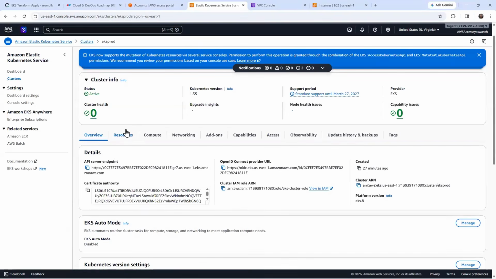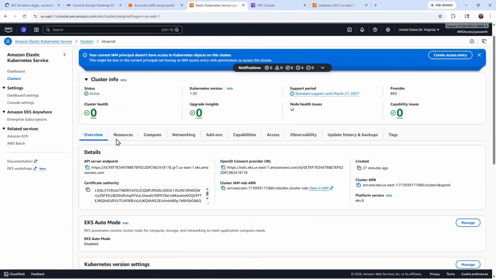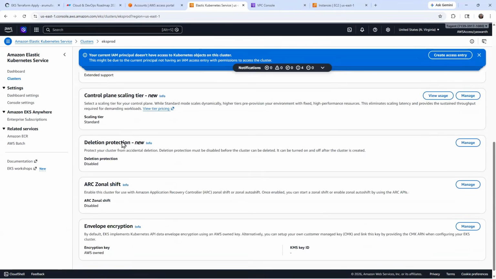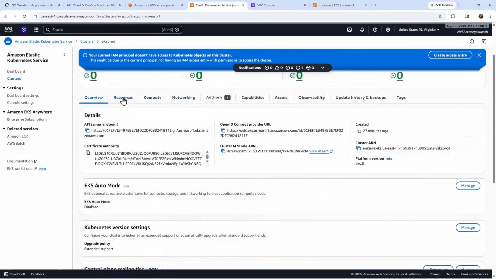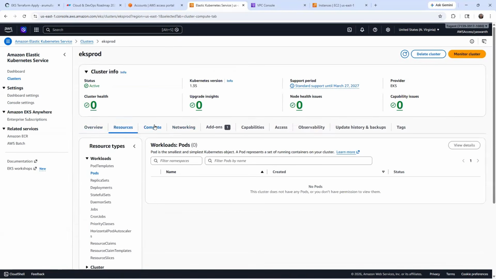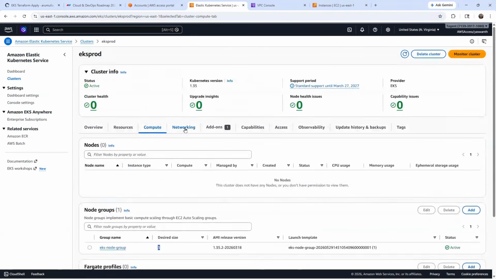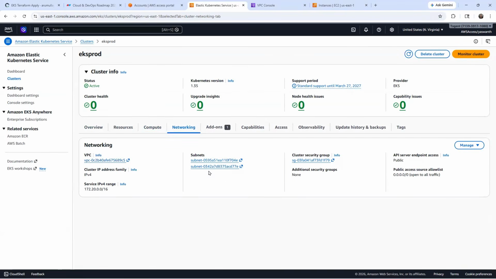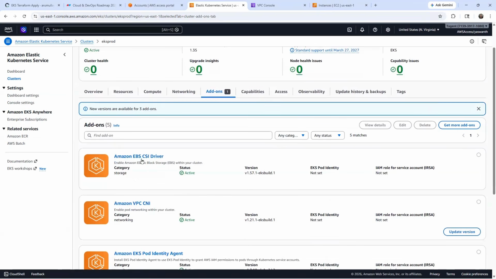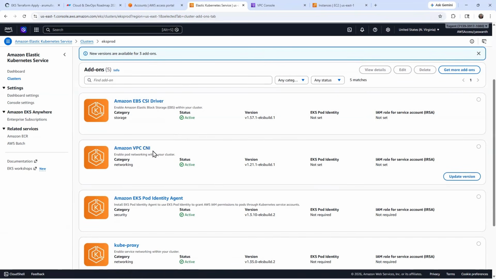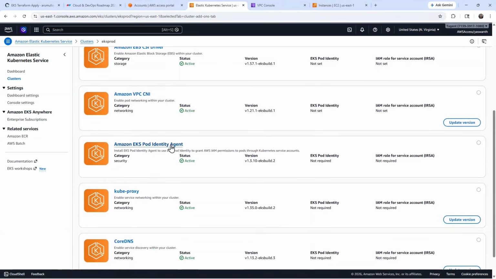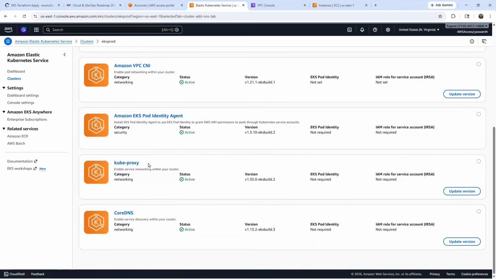Here, see, it's Kubernetes version 1.35, and the status is active and healthy, and the upgrade is 0. It's the latest version. Coming back here, I disabled the Kubernetes auto mode because I chose the infrastructure level, right. And coming to the compute, see, the EKS node group, there are a total of three nodes. And networking, see, it's VPC, subnets and security group. And add-ons, see, Amazon EBS CSI driver and VPC CNI network, and EKS pod identity agent, kube-proxy and CoreDNS